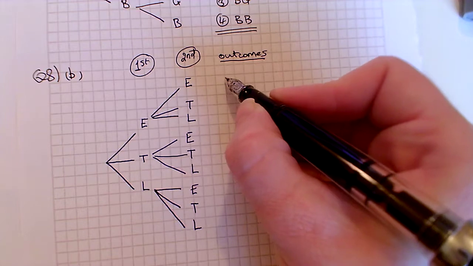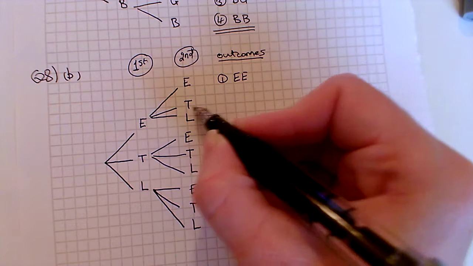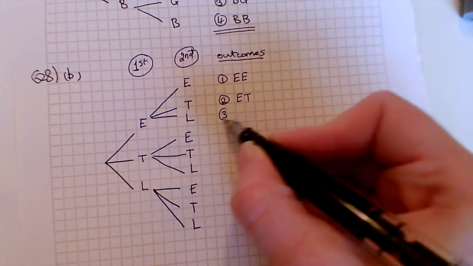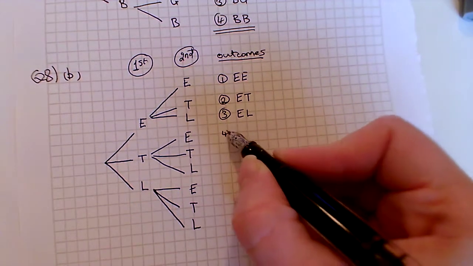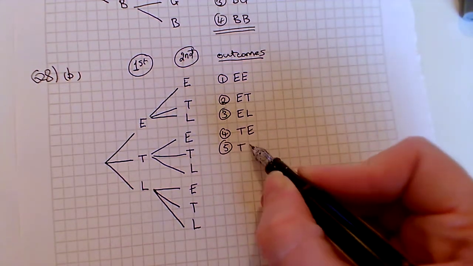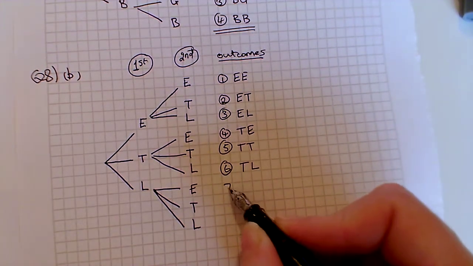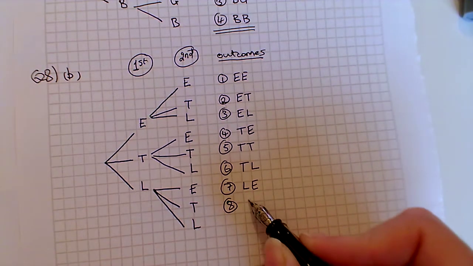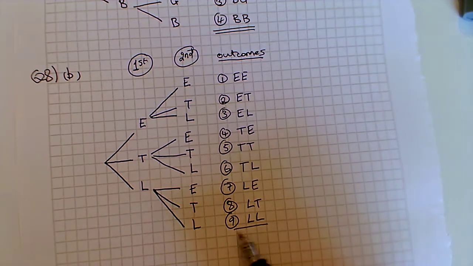And this one, the first one, is early and then early. The second one here, early then on time. The third one, early then late. Here he's on time then early, on time for both, on time and then late, late then early, late then on time, and late for both. So we have